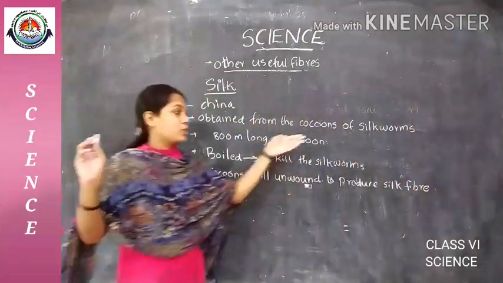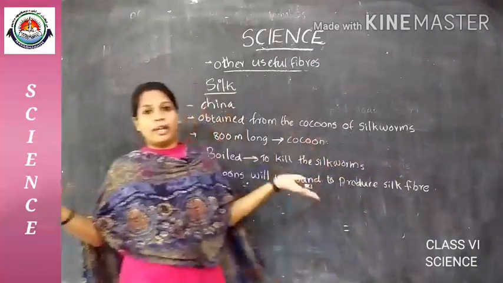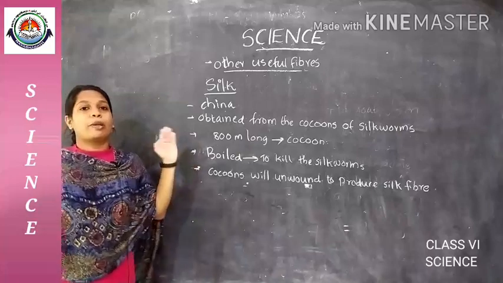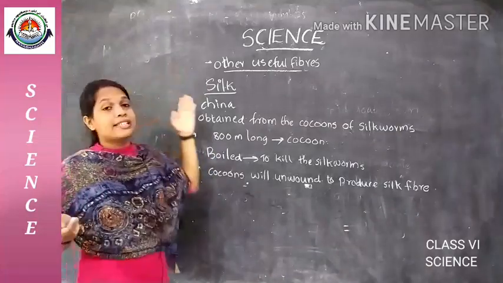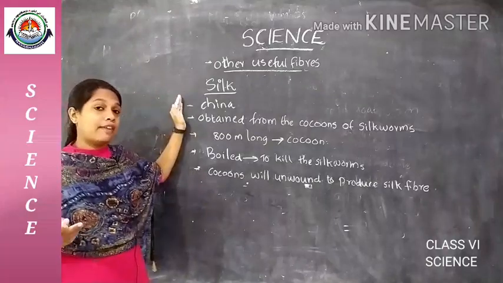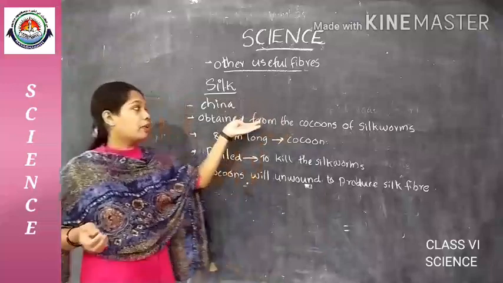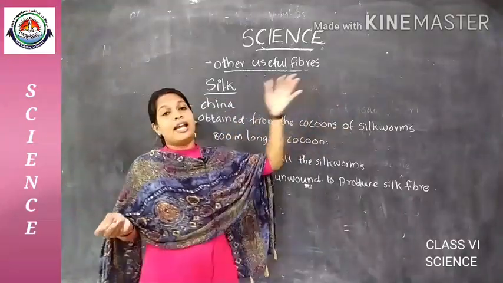So by using this silk fiber, the silk fabrics or the silk clothes are prepared. So this is the process of preparation of silk from silkworm. It was first developed in China, and the silk fiber is obtained from the cocoons of silkworm, and the cocoons,